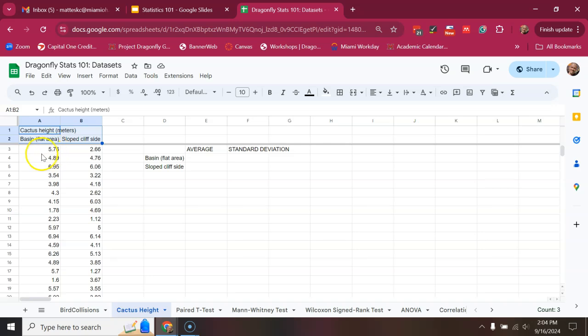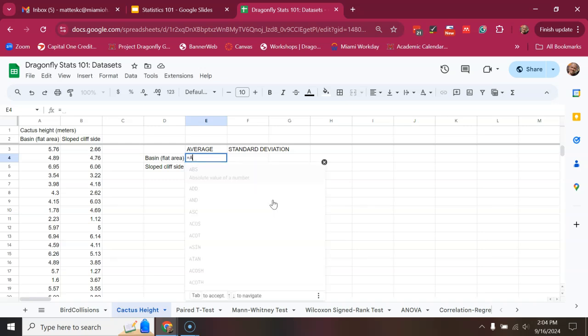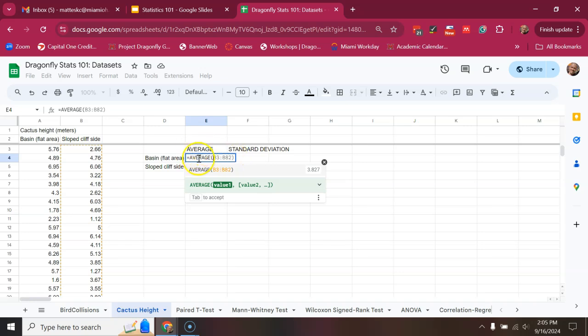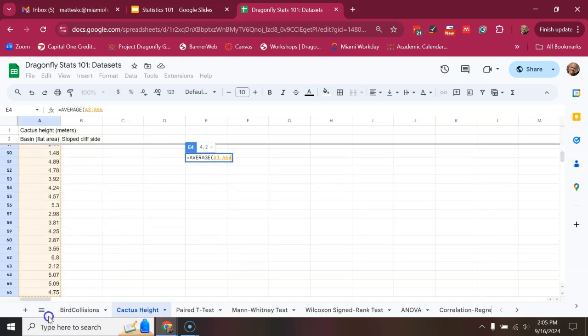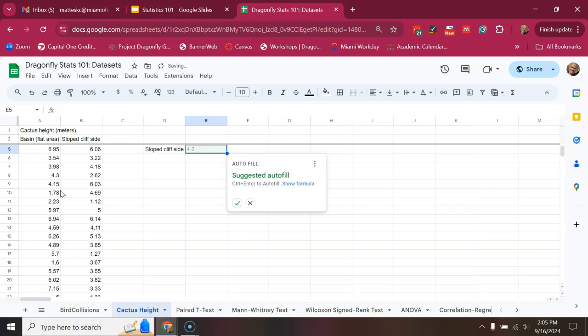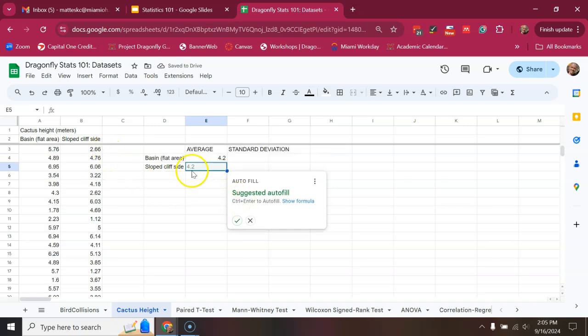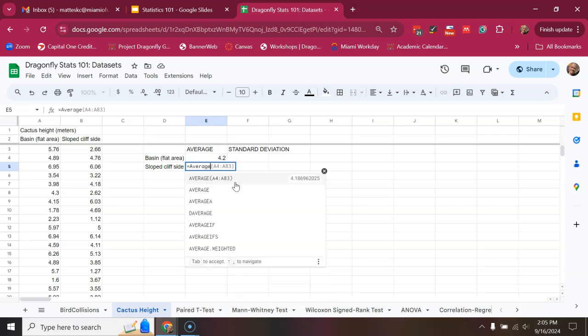So the first thing we want to do, just to get a sense of the data, as always, is figure out the average. So I'll start to type average here, and it's asking me what I want the average for, and I actually want it to be the basin, so I'm going to click that data set and scroll down to the bottom and hit enter. And it is suggesting an autofill. I'm going to say no, because I want to make sure we get the right data for the sloped cliffside. So the average here,